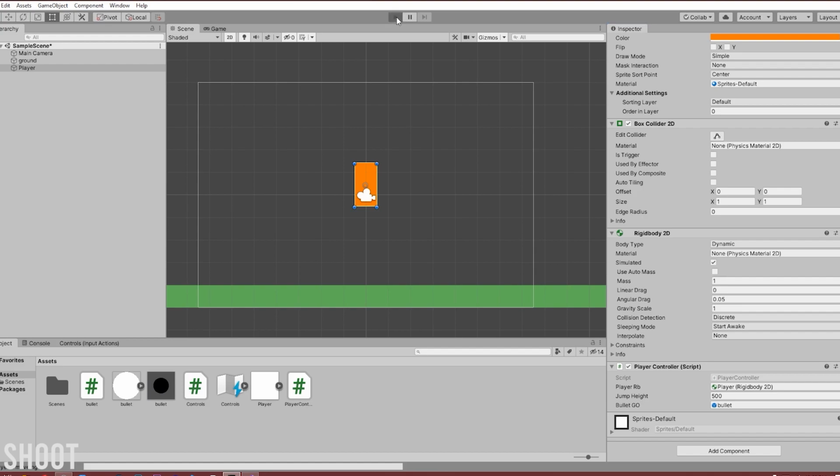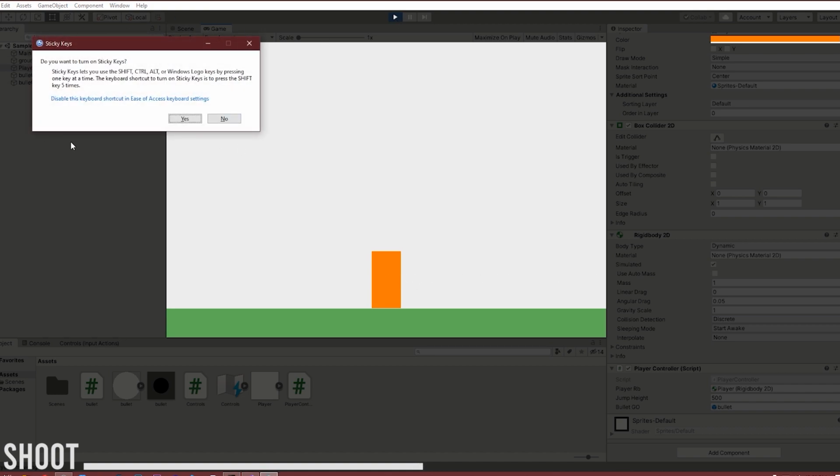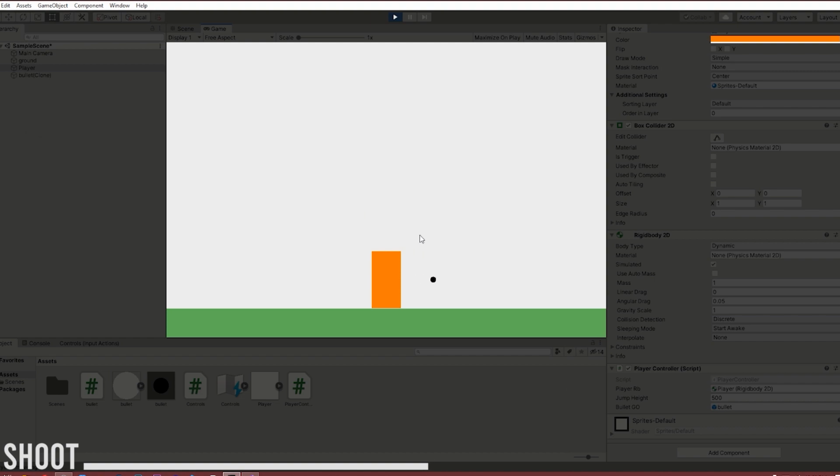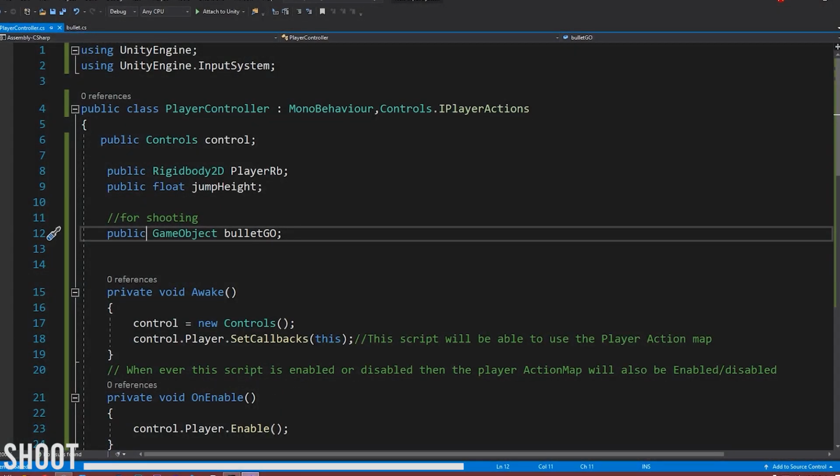So now when I hit play and press this shift key, you can see I can shoot a bullet. And also I'm pressing the shift key. So if I press the F key, the same thing happens. But as you can see, if you keep on holding the F key, nothing happens. We cannot shoot a bullet. And because we want the bullet to keep on shooting until we are holding the F or the shift key,